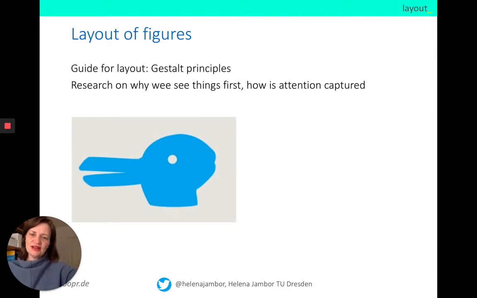So what we see here is a random blue shape, which starts somewhere. It has a cut-out white space in between. It's sort of round here. It has 2 edges here, and it's a rectangular form here, and this is sort of like a circle. Some people may say that what they see actually is a duck that is facing this direction. This is the eye of the duck, and this is the mouth part. Other people actually see a rabbit. So this is the eye of the rabbit, this is the little mouth part of the rabbit, and these are the 2 little ears. Now that I said the duck first, probably most of you will have seen the duck